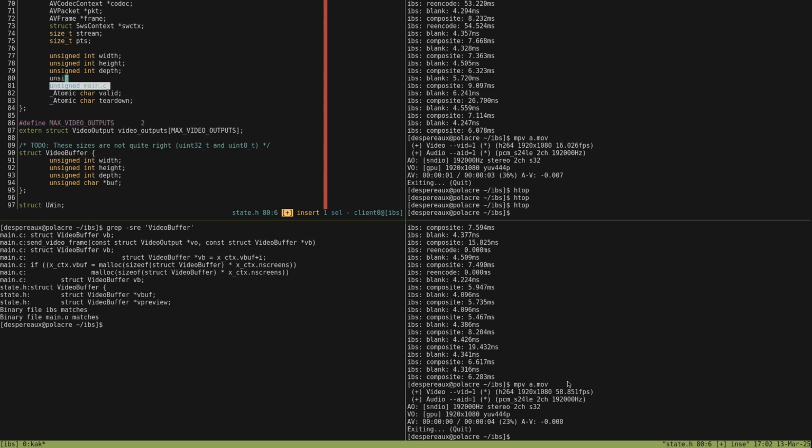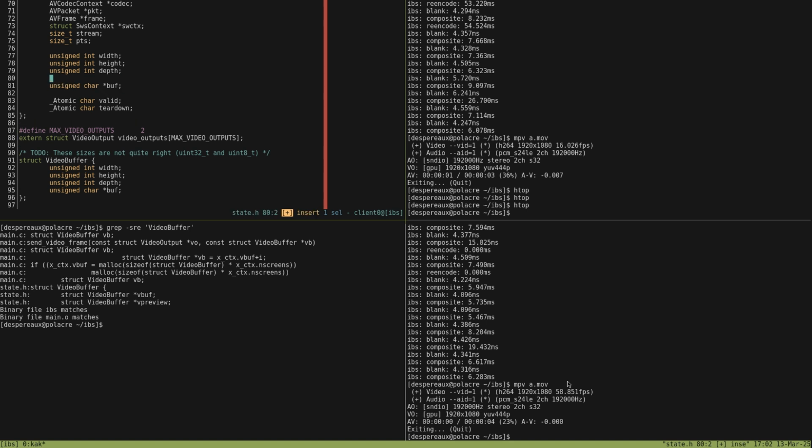So let's go unsigned char buff, and I also want to know size_t capacity, I think. Because I think I want to cram all of the frames into the one buffer. If I do it as a ring buffer,